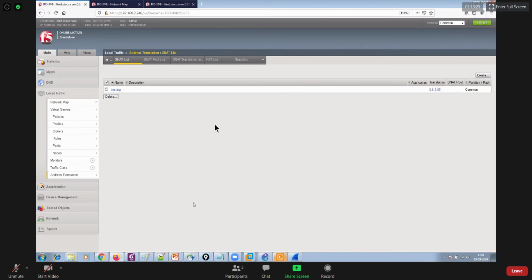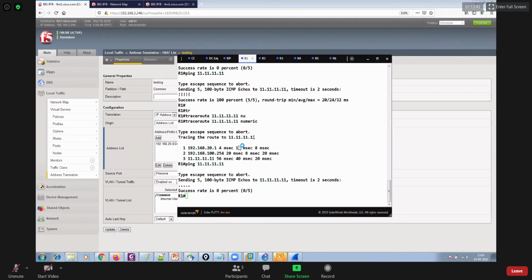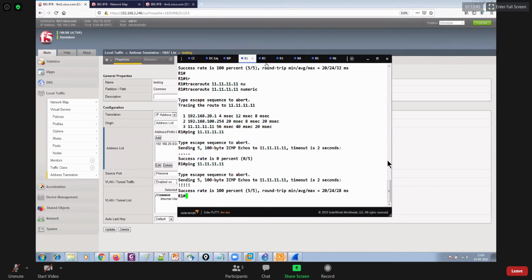Okay, so that's how you created a SNAT list. You provided your translation address, which is a public IP. You provided the origin IP address, and also you enabled it on the internal VLAN. Now let's go back to R1 and try to ping this IP address, and it is reachable from all.